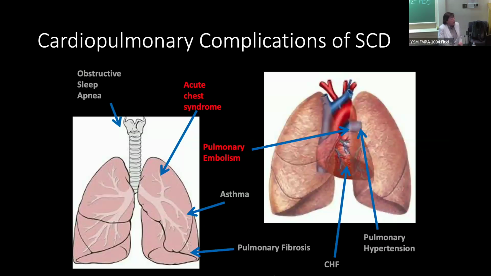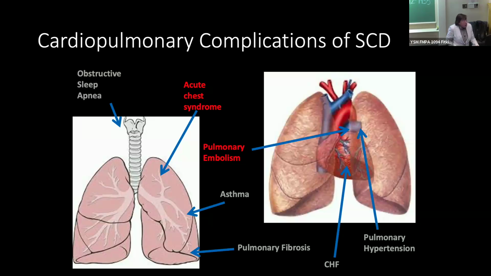We are pulmonologists. So for a pulmonologist like me, this is a disease that affects almost every cell type and structure within the heart and lungs. It ranges from acute complications, including acute chest syndrome, but also pulmonary thromboses and pulmonary emboli, to more chronic conditions. We're going to touch upon pulmonary hypertension and congestive heart failure, particularly in this talk, but also touch on a couple of other things related to the other diseases listed here.